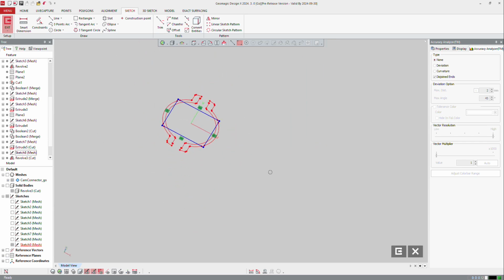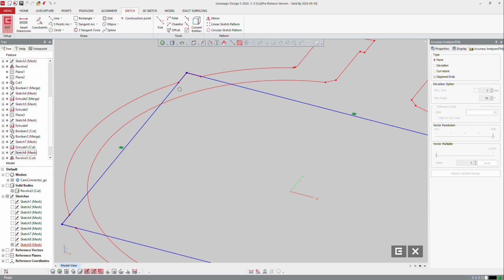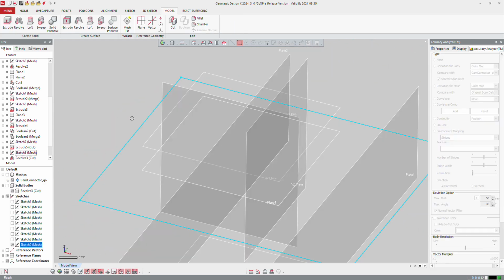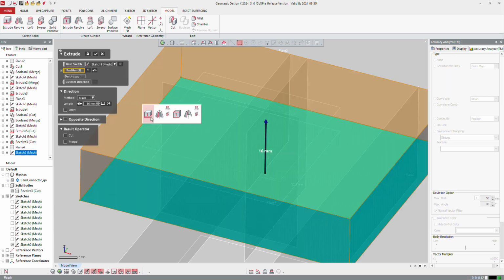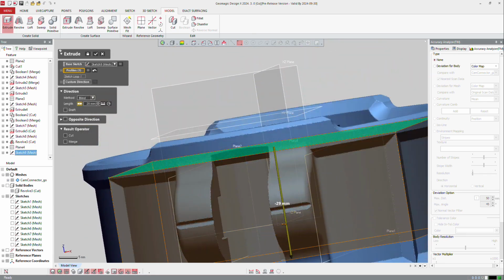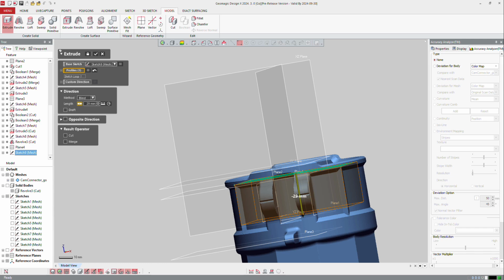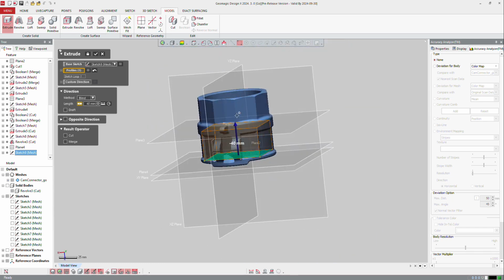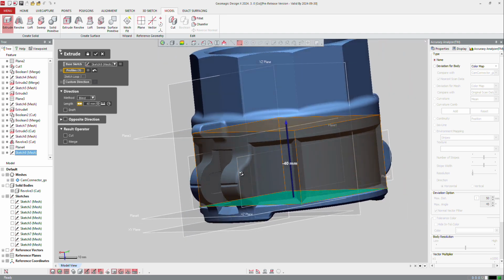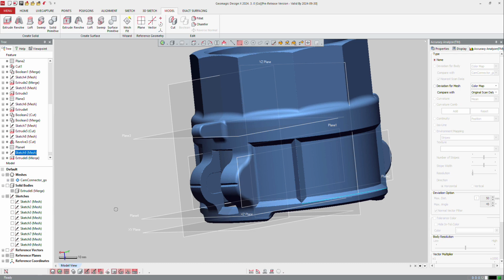this rectangle, I can create a little fillet at the end if I want to. Otherwise, I can just exit, right mouse click, extrude, and I will extrude it from here up to there. But you can see that while I'm doing that, I will have a little issue on the part. I will merge that, okay, because now if I display my part,